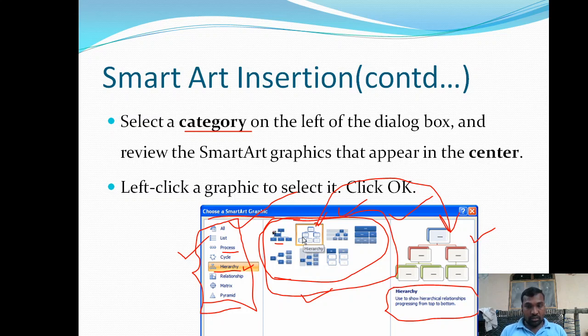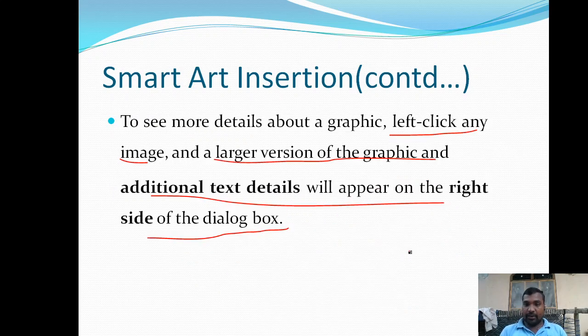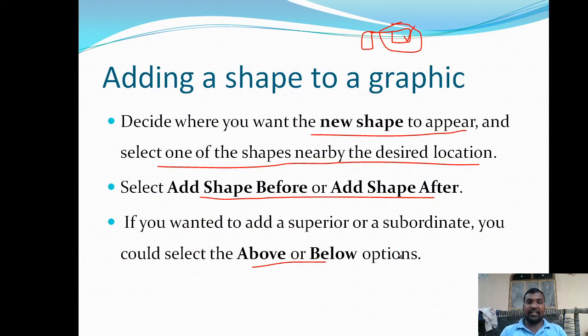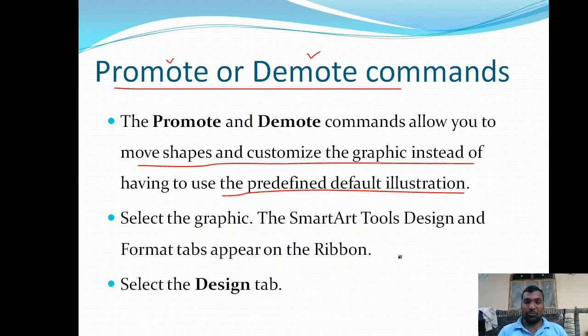Okay, for example in this particular hierarchy from the root, we have only two children, but in my graphic I want three or four children. In that case I need to create two more children, then I am getting four children for this particular root. That can be done with the help of this customization.